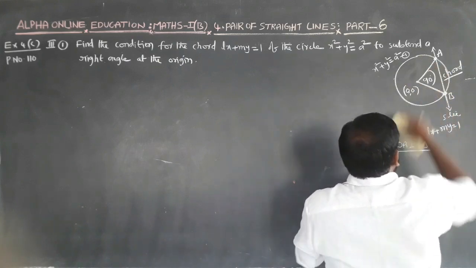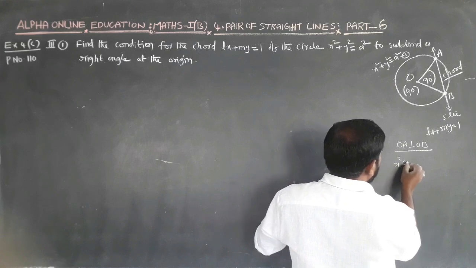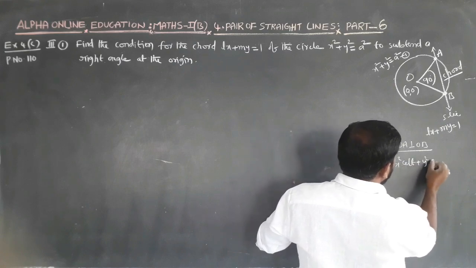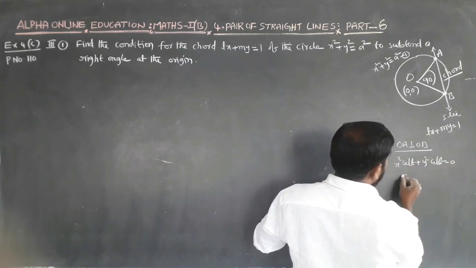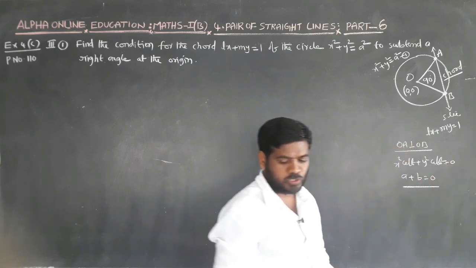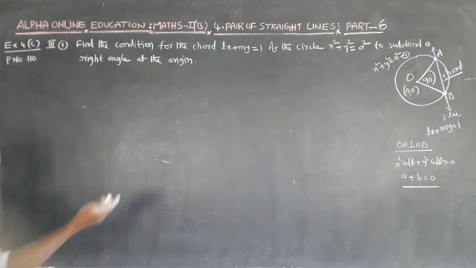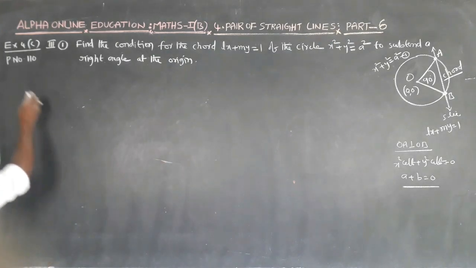And also here, two lines are perpendicular, means x square coefficient plus y square coefficient equal to 0, or a plus b is equal to 0. Find the condition, or simplify getting the condition. So here,